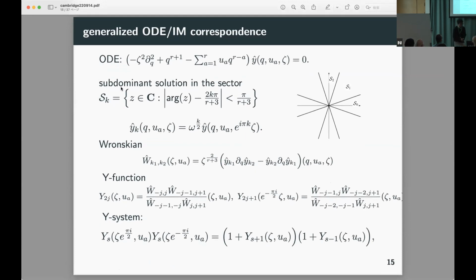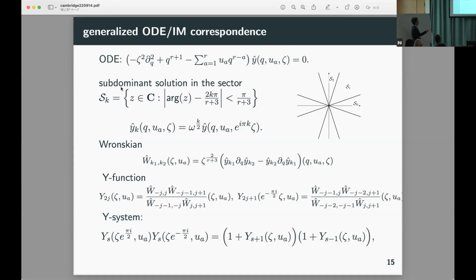So we have another route to derive these TBA equations, by applying the ODE/IM correspondence. This Schrödinger equation has some asymptotic solutions, but the subdominant solution, which is the decaying solution along the infinity region in a certain Stokes sector, is uniquely determined. And two different neighboring Stokes subdominant solutions are related to each other by the rotation of